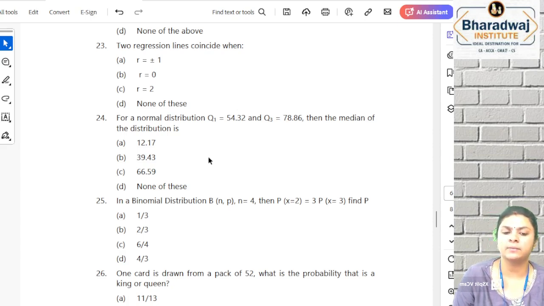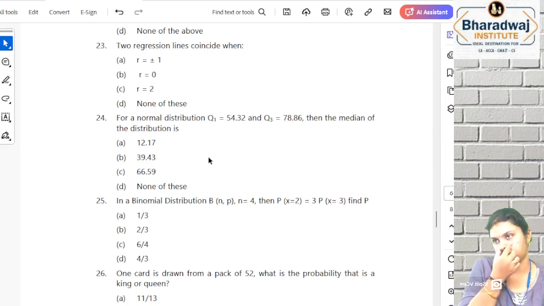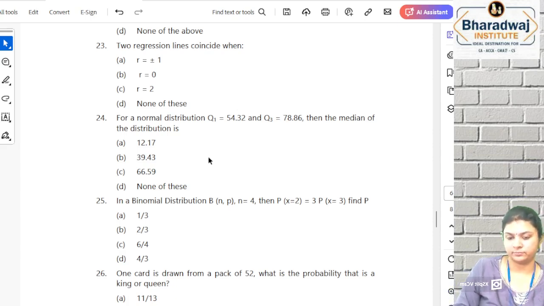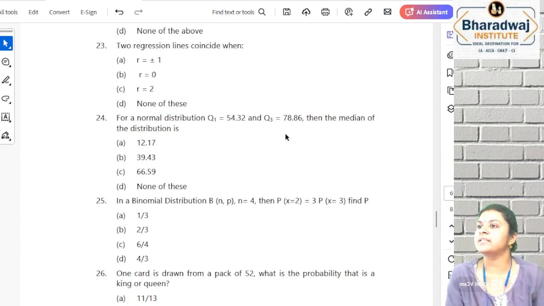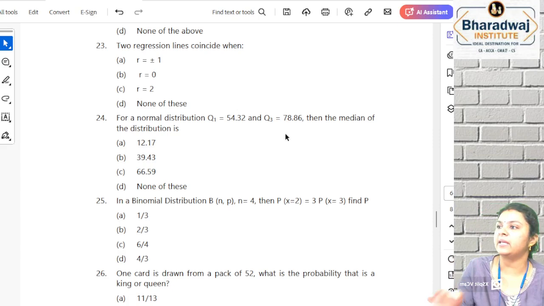66.5 is the mean. Okay, right. 66.5. So if Q1 and Q3 are available and they are asking you the median or mean,